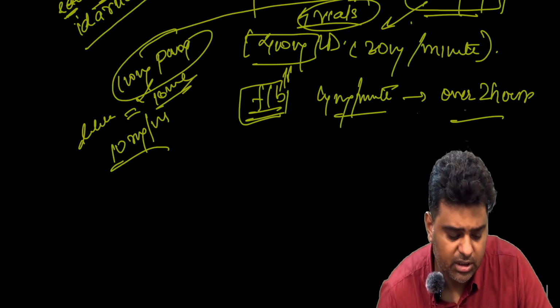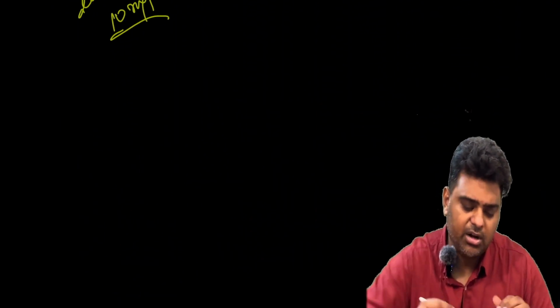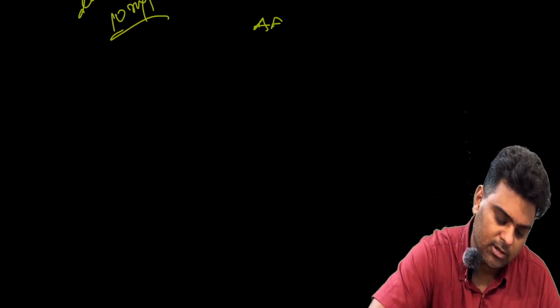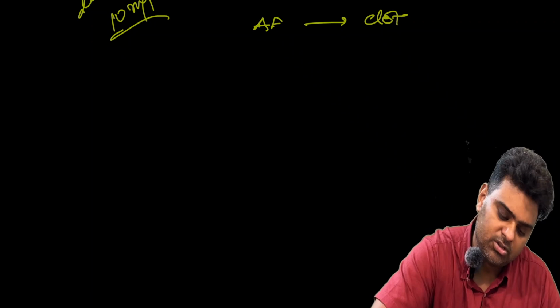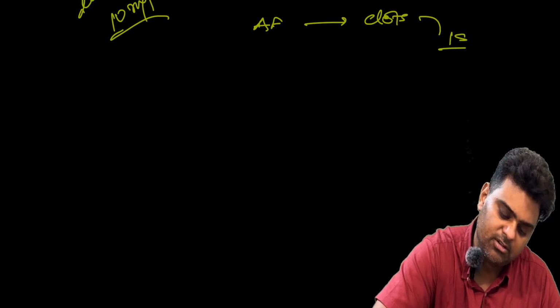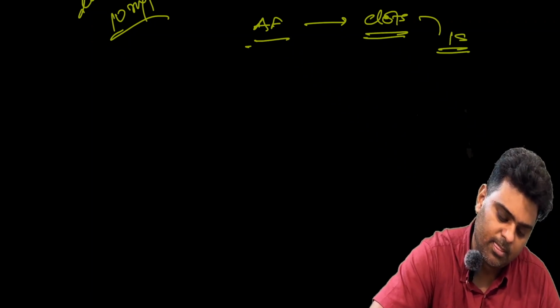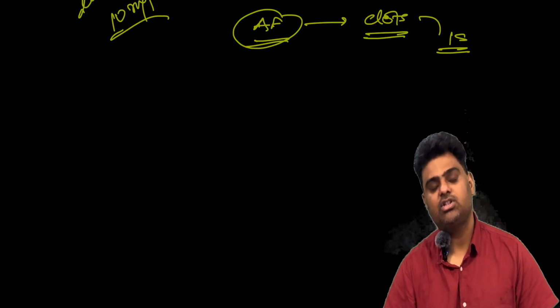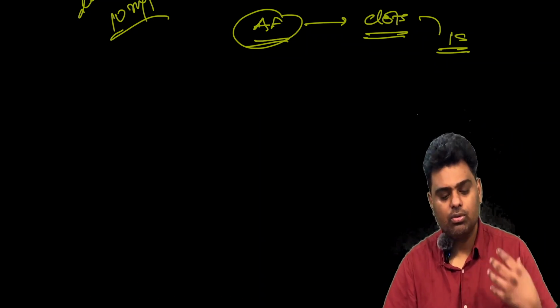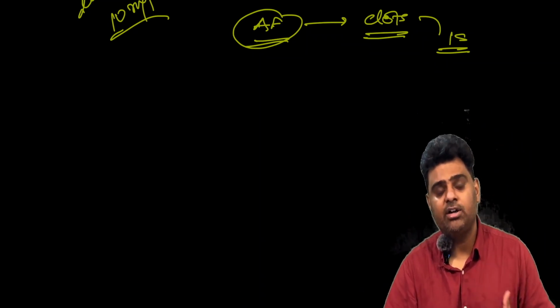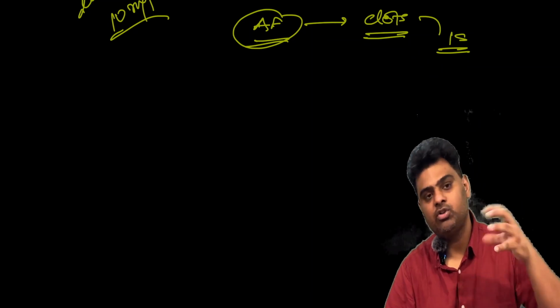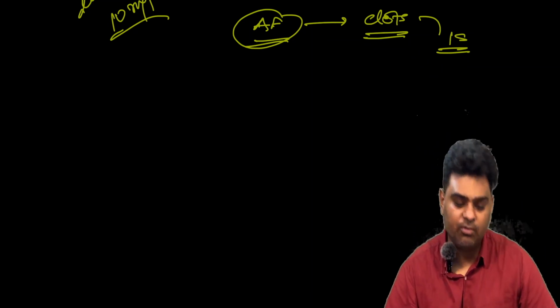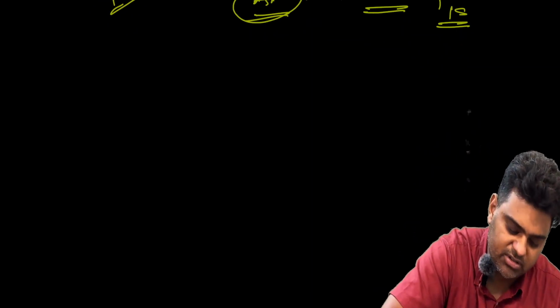Now a very important thing is that in atrial fibrillation, you can develop clots which can cause ischemic strokes. This is very important. So how will you decide which patient you have to anticoagulate and which you don't have to anticoagulate on a clinical basis? For that, there is a criteria that is known as